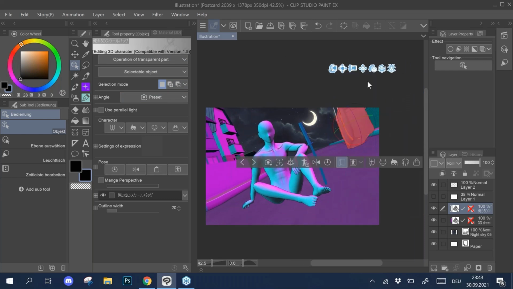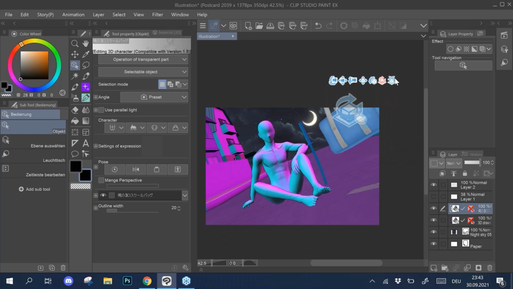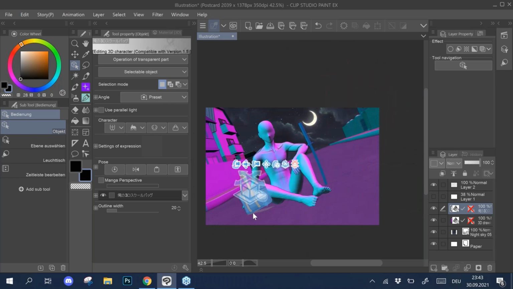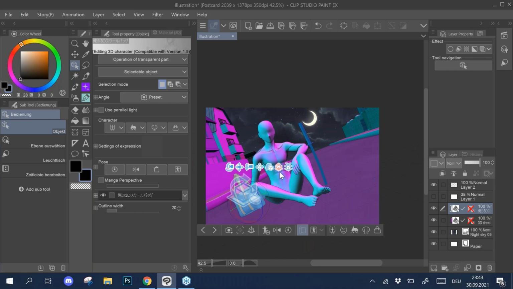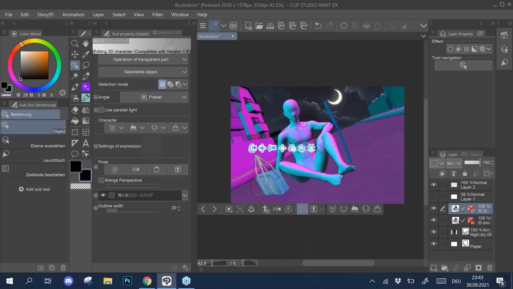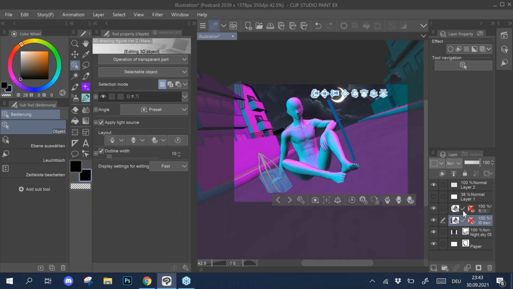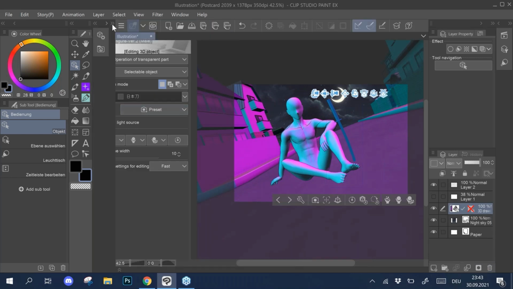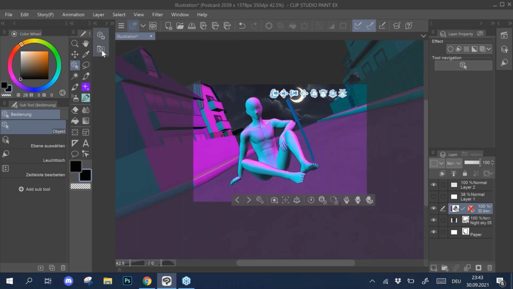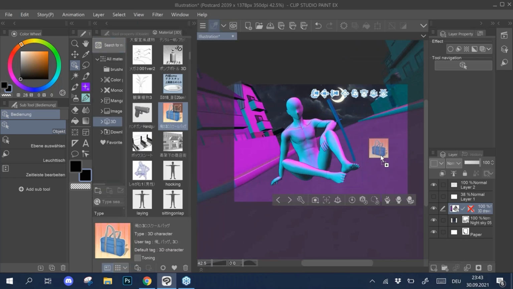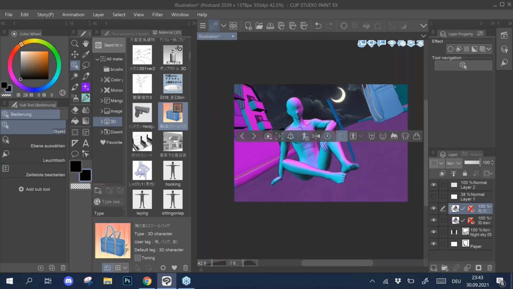Oh, wait. Okay, now he has a back too. But yeah. Okay, I know why it happened. You might notice that it's a bit tricky sometimes. It just won't get into it. Anyway,